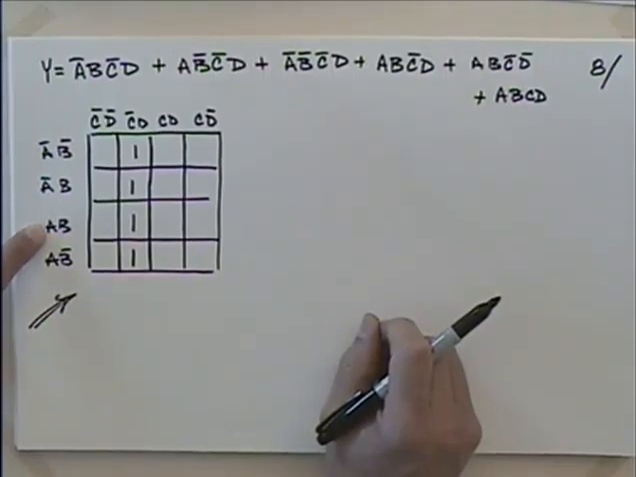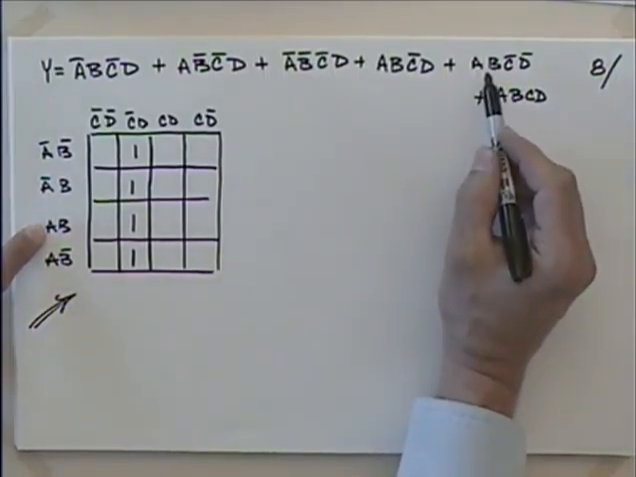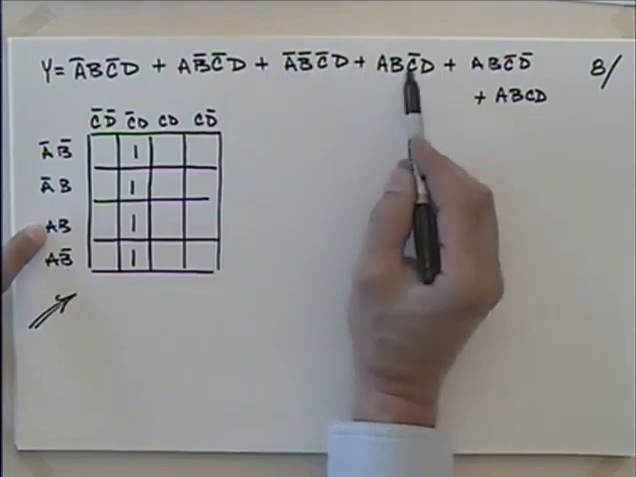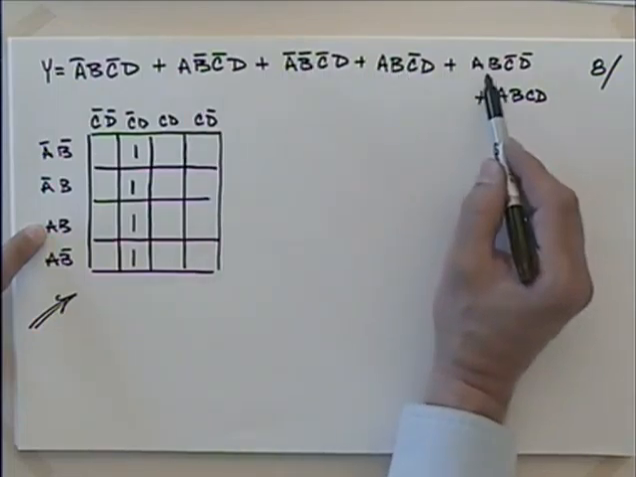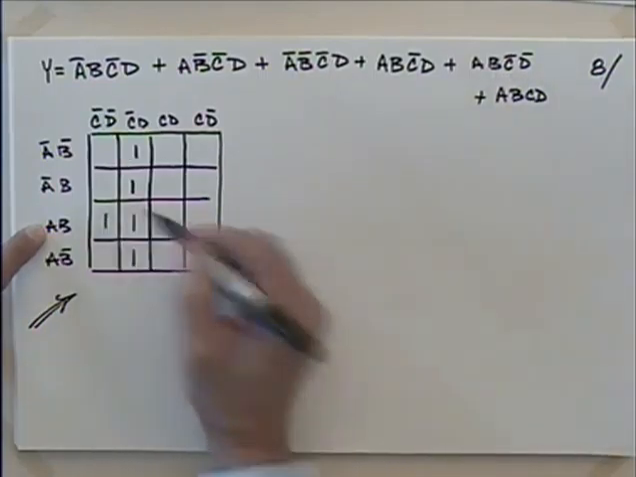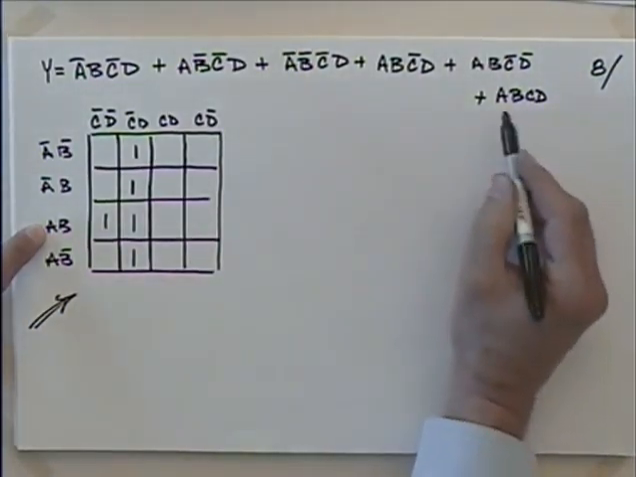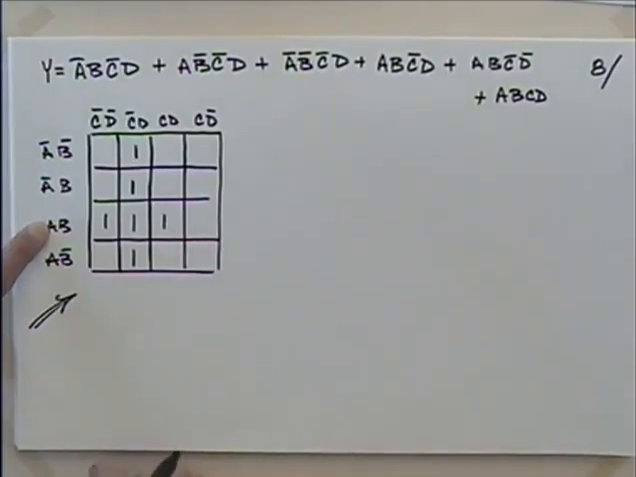And lastly, where am I going to be? Whoops, no, I have a couple more, don't I? 1, 2, 3, 4, yeah. So not A or AB, and then not CD, so I'll be right there. And then lastly, ABCD right there. Okay, so